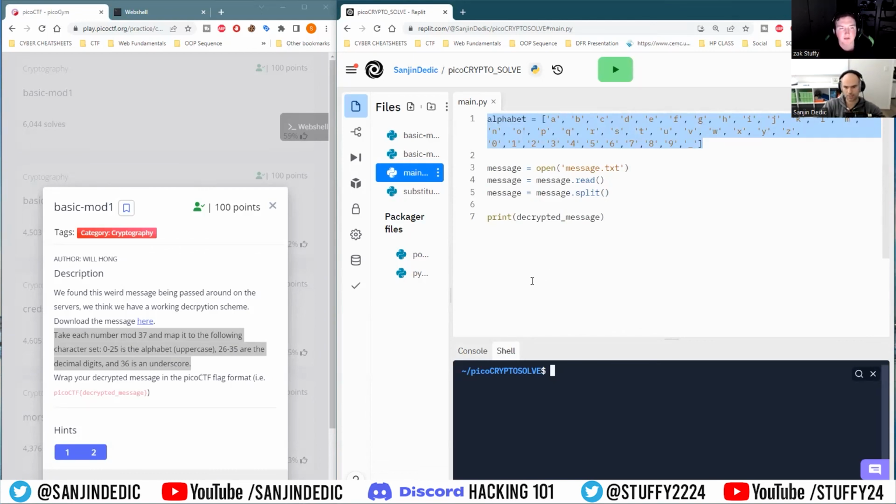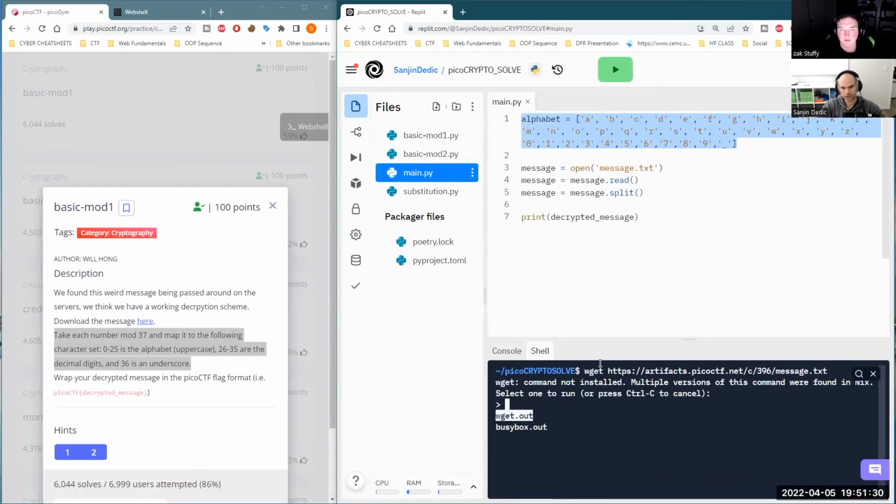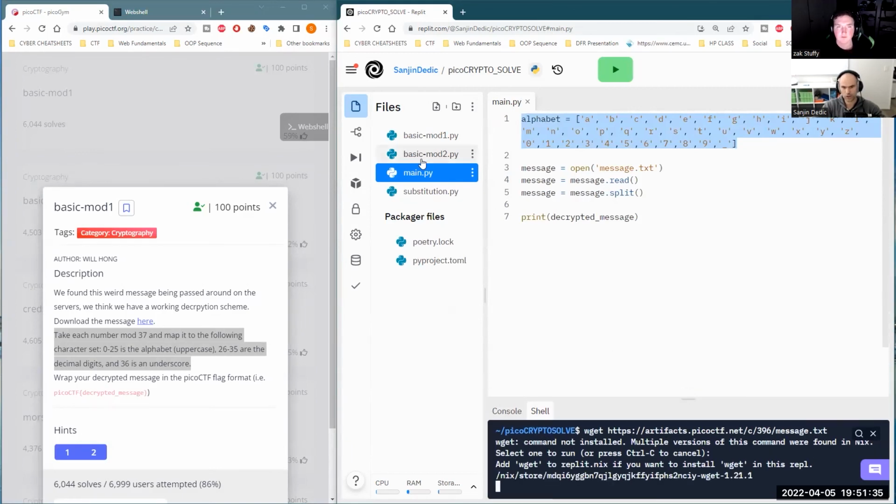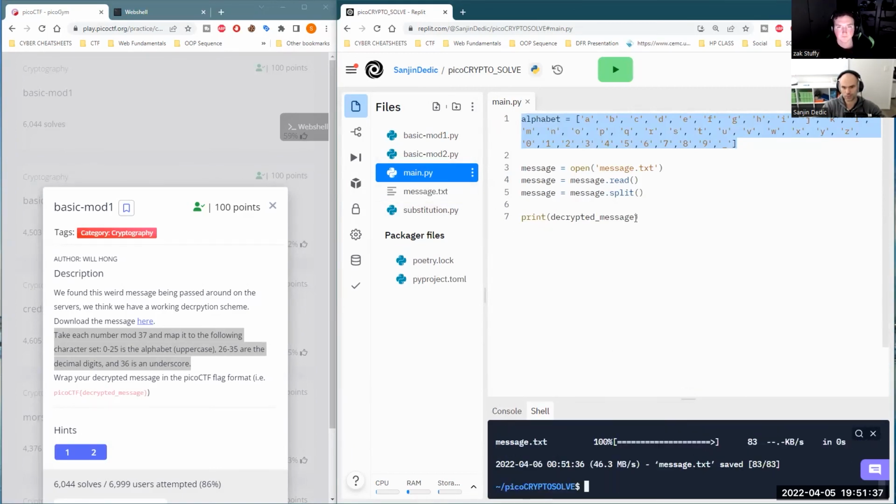Okay, perfect. So I'm just gonna also get the message, and here I'm in a website called Replit, which just is like a Python online interpreter. So it's actually a full online IDE with some folder structures and whatnot. So I'm just gonna copy the link and I'll wget the message, and you're gonna see it appear over there, hopefully. Yeah, you're asking me which wget to use. So if we get the message,